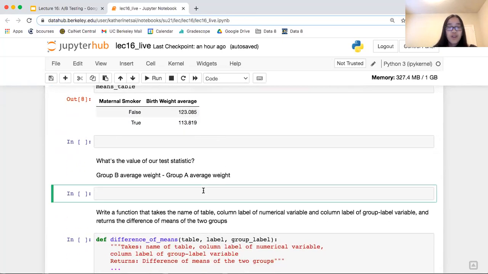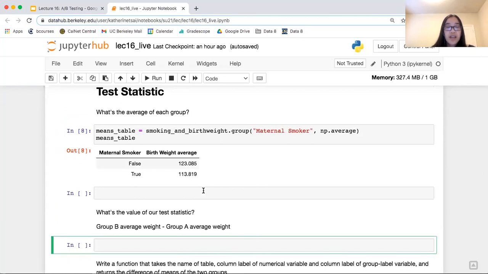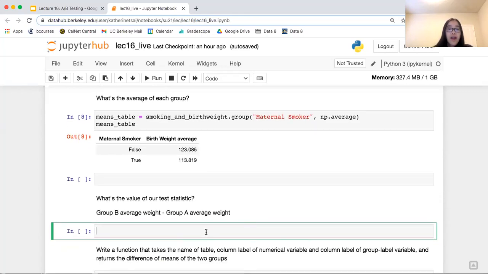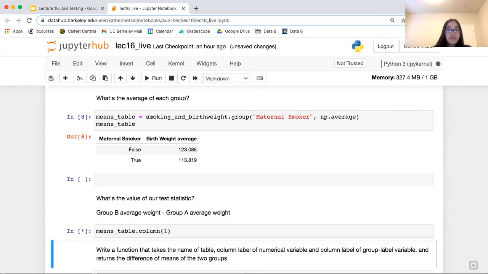So what's the value of our test statistic? Remember, we decided that our test statistic is going to be the group B average weight minus the group A average weight. One way we can do that is we can take means table.column(1).